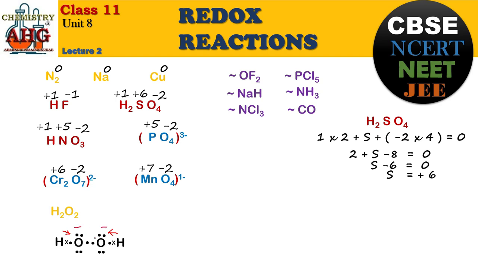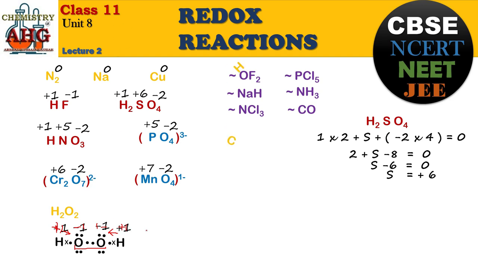But what about the bond between the oxygens? In this case, there is no charge separation, because both atoms are oxygen, so both will be attracting the shared pair with equal force. So oxygen in this case would be -1, -1. If oxygen is -1, what will hydrogen be? Hydrogen would be +1; -1, +1 cancelled. So the oxidation state of hydrogen is +1, and the oxidation state of oxygen is -1.